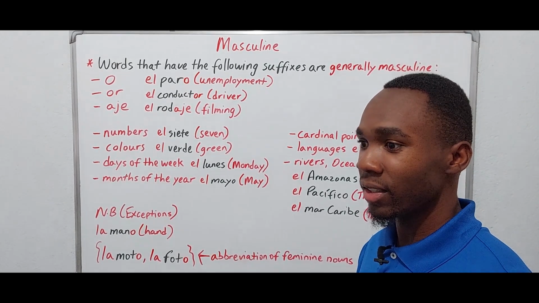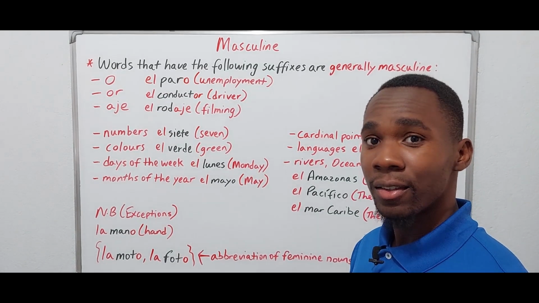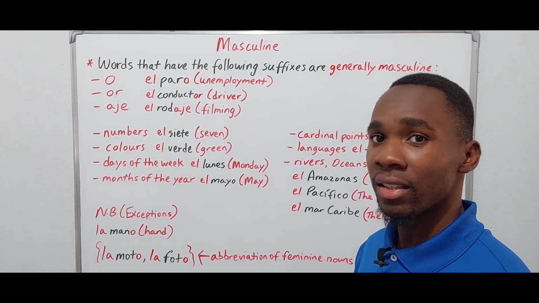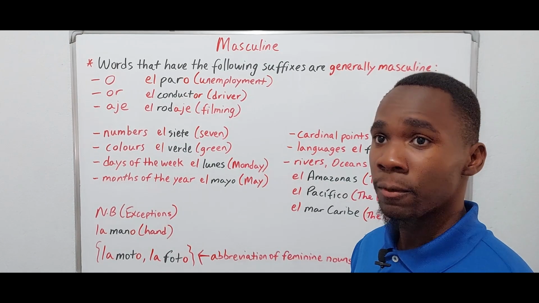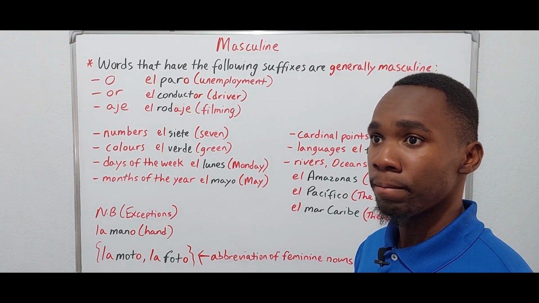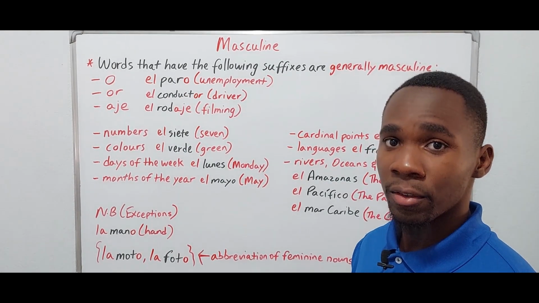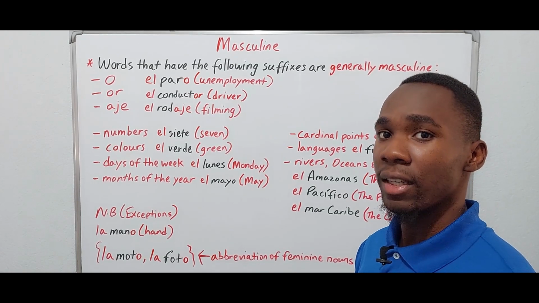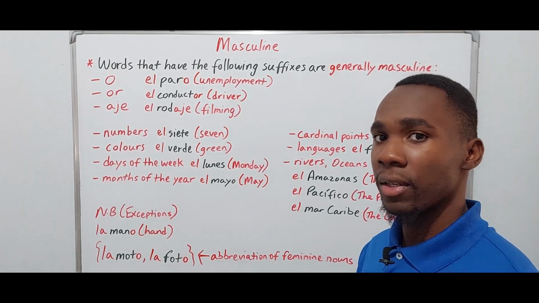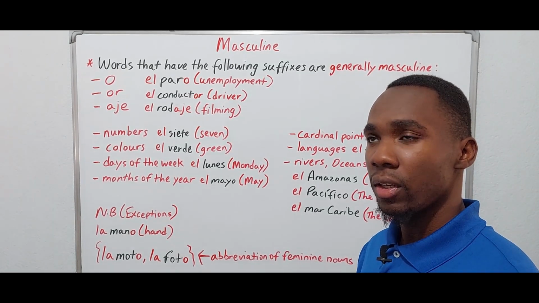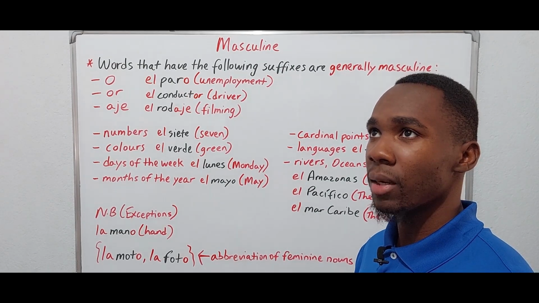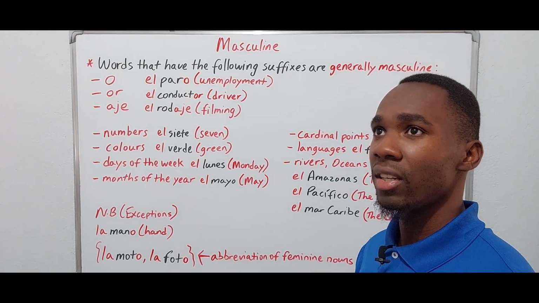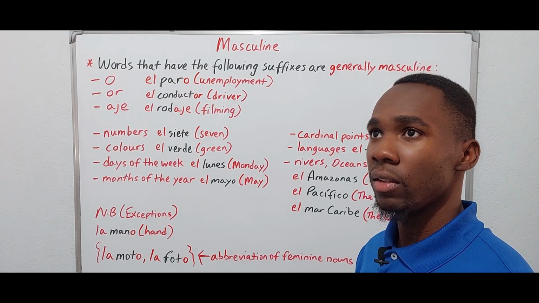So when students hear this, they go, what? So that means that table has a gender, phone has a gender, computer has a gender, right? And it could either be masculine or feminine. But in terms of gender, when it comes to English, gender is only really going to be